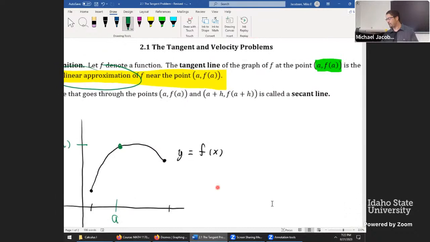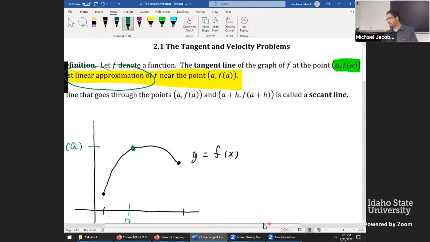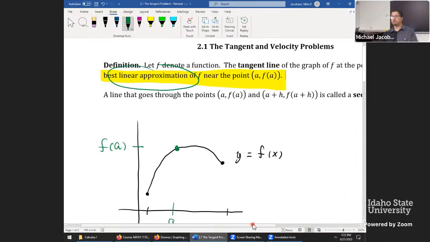Okay, let's zoom in on this just so I can attempt to be accurate. This could be a little tricky. I get rusty with this digital pen stuff after summer vacation. So if I want to make this line as close to the black curve as possible, I might draw it kind of like this. Let's make that dot a little bit bigger if it feels like the line's too high. And that's my line. When it says best linear approximation of f near a, f of a, what's meant there is